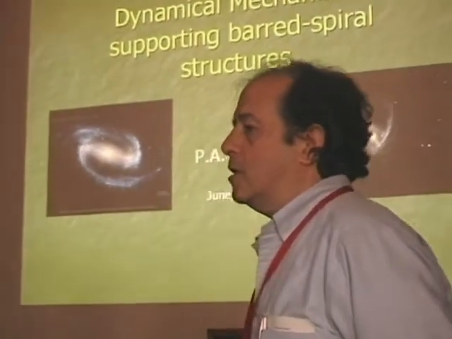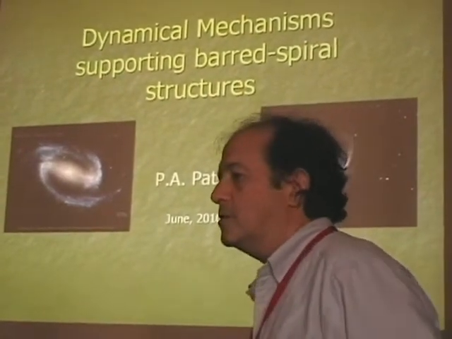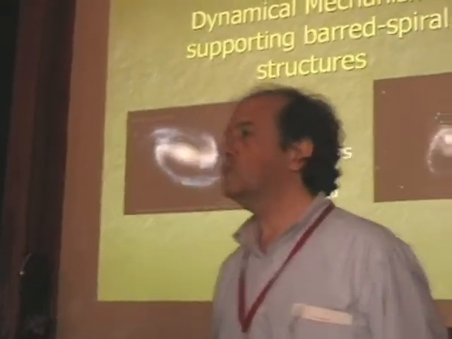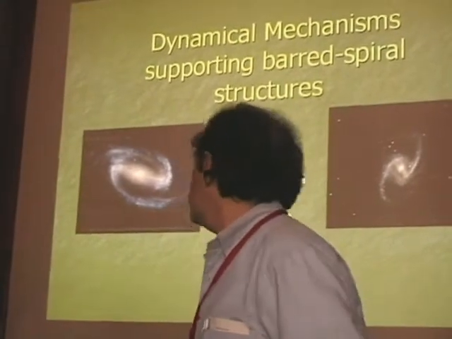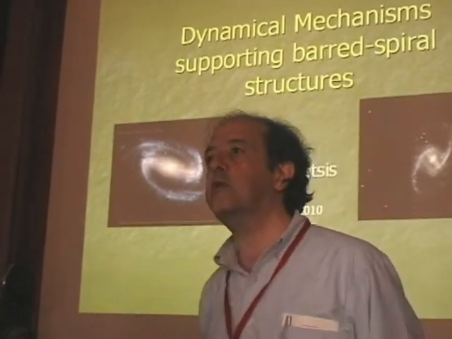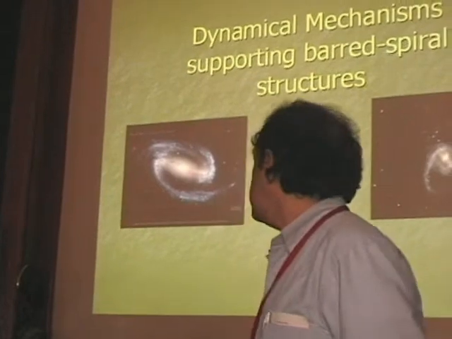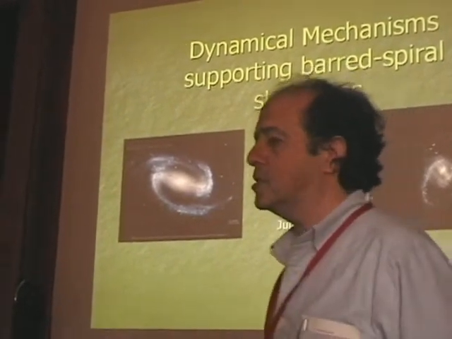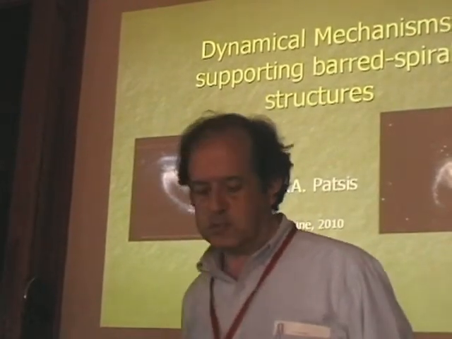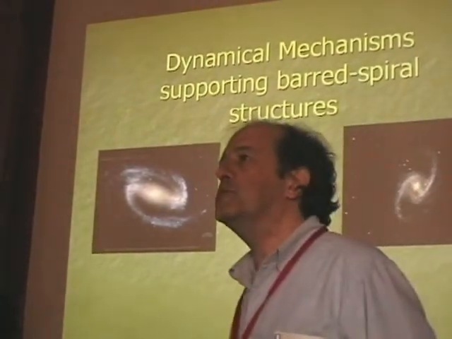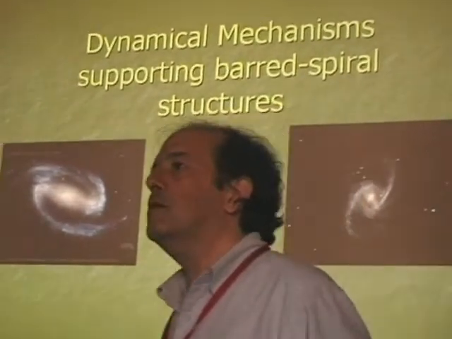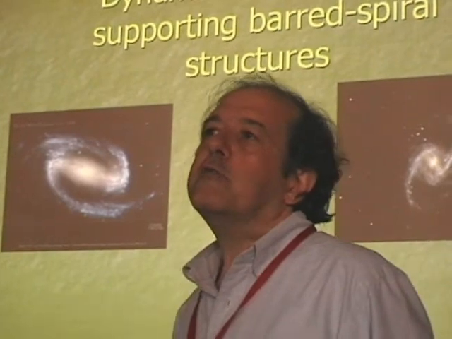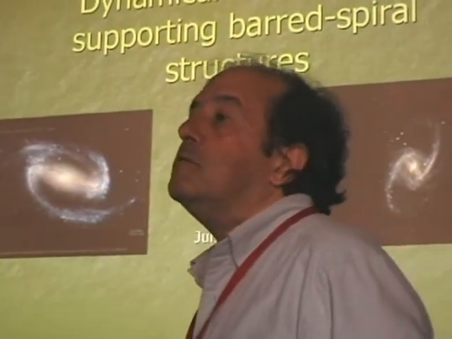To speak about dynamical mechanisms that support barred spiral structures. So the kind of objects I will deal with are the two well-known barred spiral galaxies, grand design objects that you see there, like NGC 1300 and 1365. And this is a chance to present what has been discussed after previous talks, what results can be given